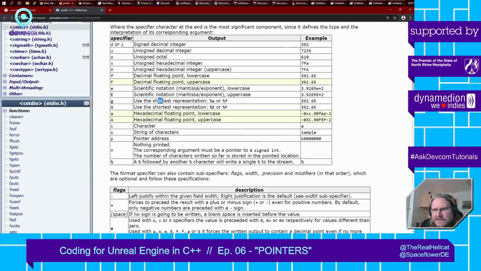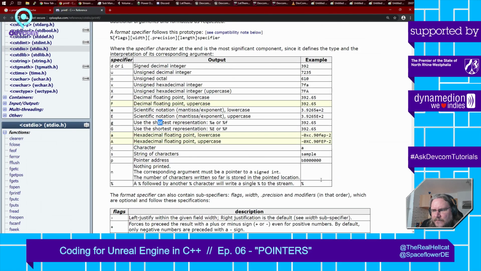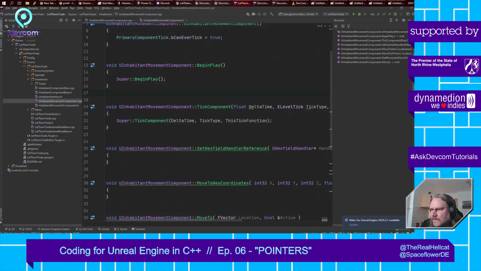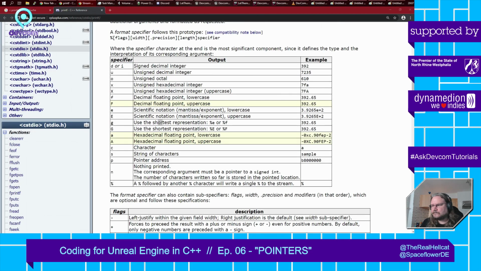Maybe you have to write your own implementation that actually converts any given number into strings of ones and zeros. But look at that, this one will become